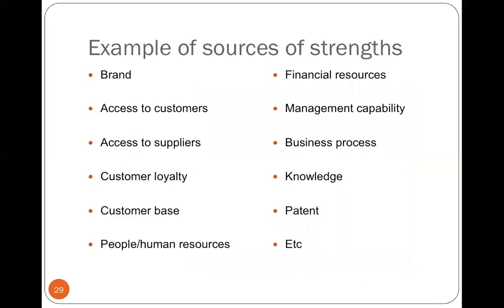All right. So again, guys, this shows you some examples of sources of strength, as mentioned before. Patent, knowledge, business process, financial resources, brand, and so on and so forth. By the way, in terms of brand, you want to specify brand reputation as what? If you look at Apple, for instance, brand reputation as being popular, or being innovative, for instance. So people lining up in front of the store when they announce, hey, I'm going to launch iPhone 7, for instance. Starting from 2 a.m., people just waited in front of the store. And I'm hearing that even in America, some people lined up in front of the store a few days before.